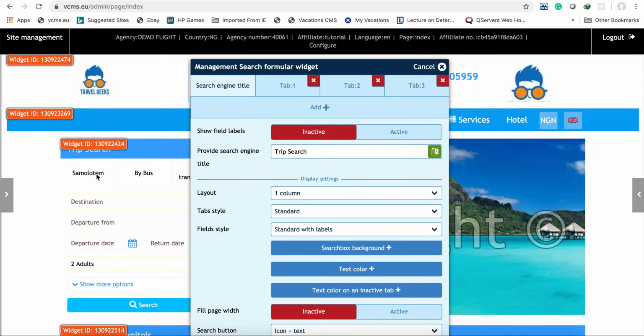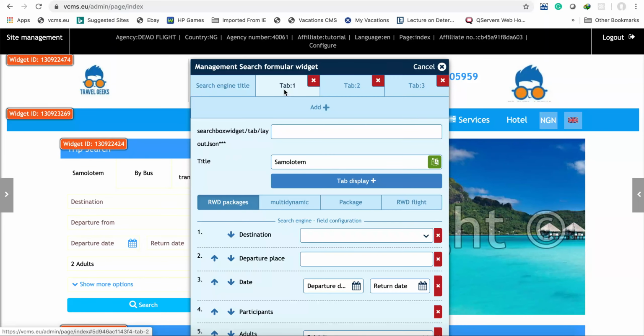Now the first tab here, to change this, is in a complicated language for me. Sorry, I don't understand that language, which is why I might pronounce it badly. Okay, so I'll click on tab 1, and this is the title of tab 1. I can change this title to round trip